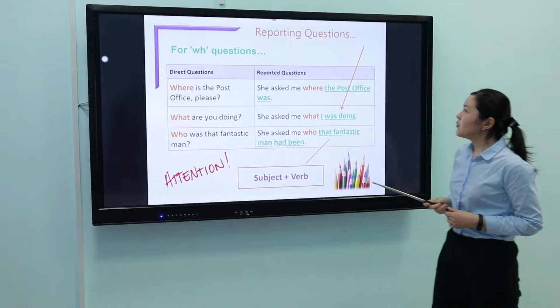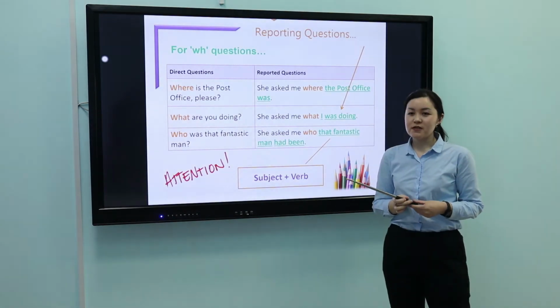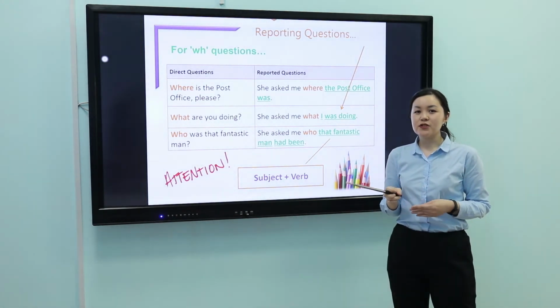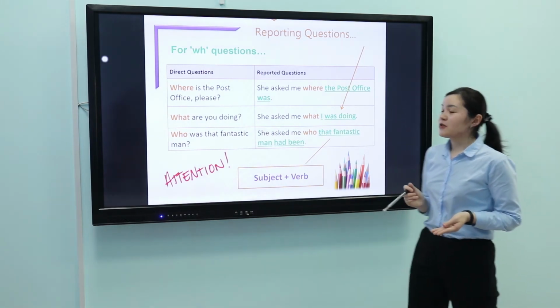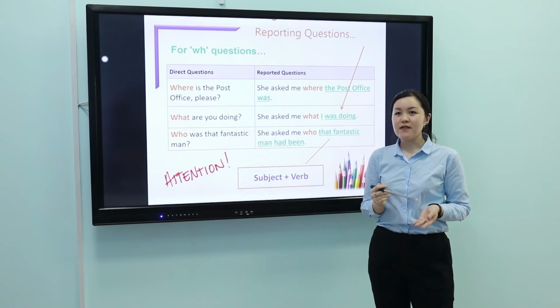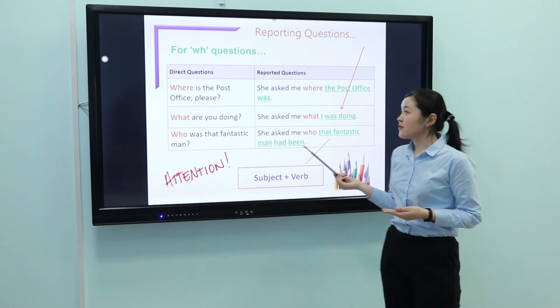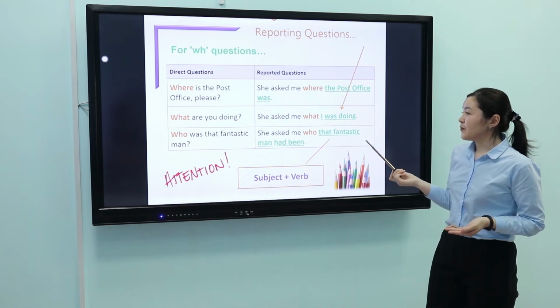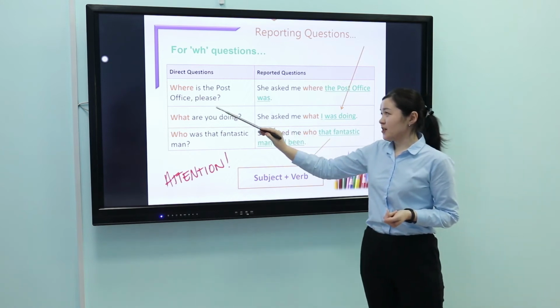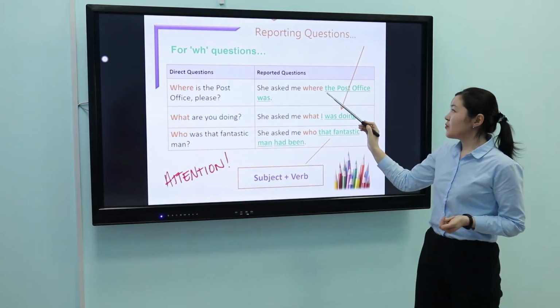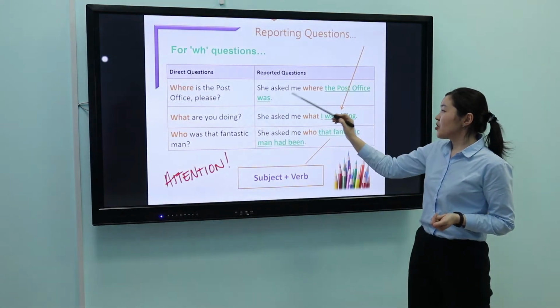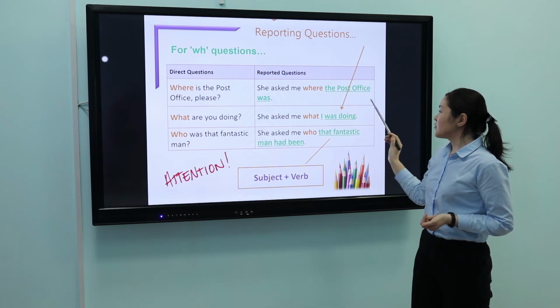Next, we will speak about reporting questions, how to transform questions into the reported speech. At first we will speak about WH questions. As you know, it is one of the types of questions in the English language. For example, the direct question: Where is the post office, please? Into the reported question, it will change like that: She asked me where the post office was.